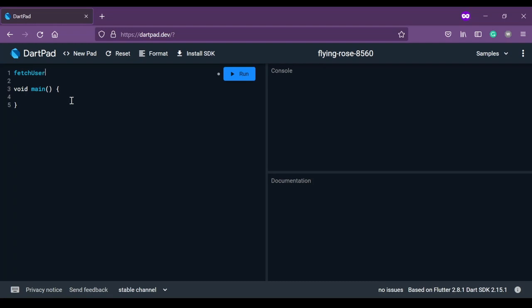Let us call it fetchUsername, which will take a string as its parameter, and let us call that string emailID. As we know that the application of this function is to fetch a username, it will return a string value. So let us make the return value of this function a string, and now we need to write the